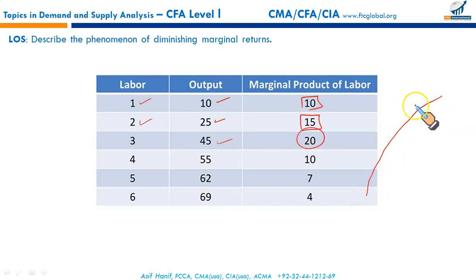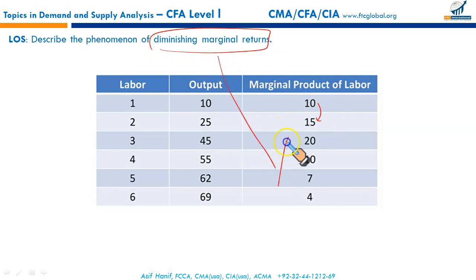This is the curve that will show. Your output, your returns are increasing, but diminishing. First it rose by 15, 10, then it started falling. It initially rose, but then it started falling. So this region where it's now falling, this is what you call, here we have increasing returns, but in this region here, we are having decreasing returns.